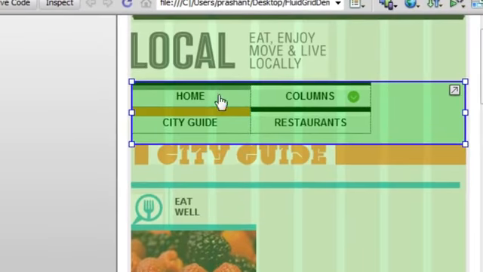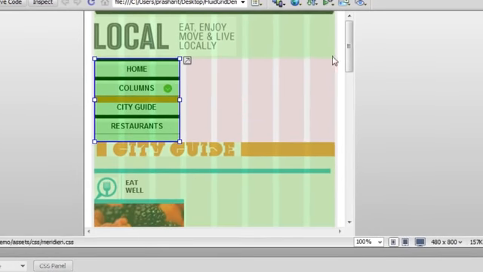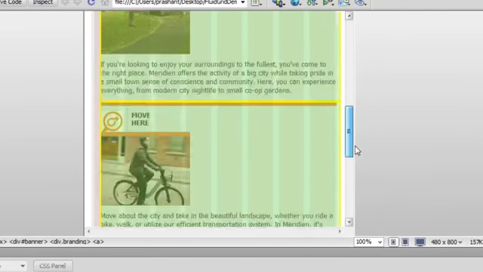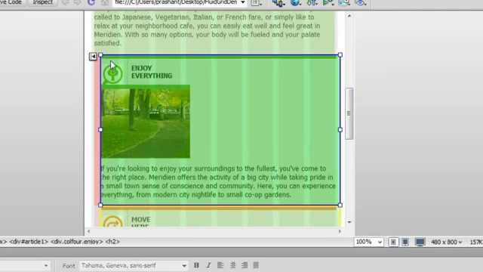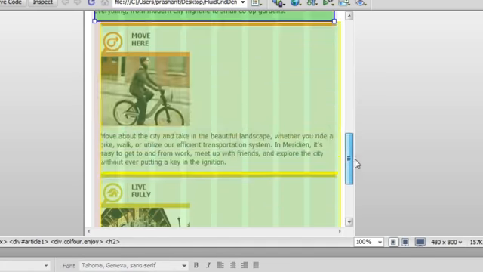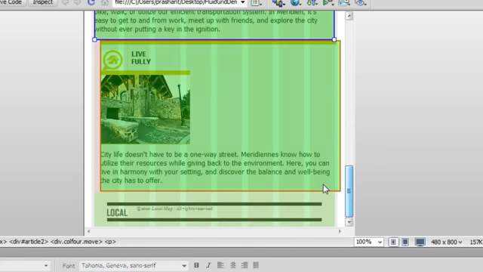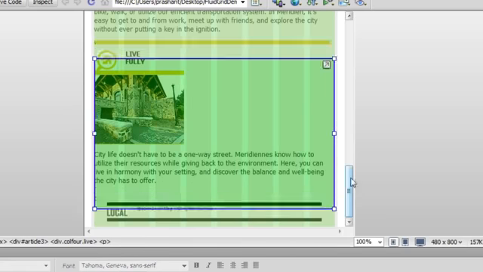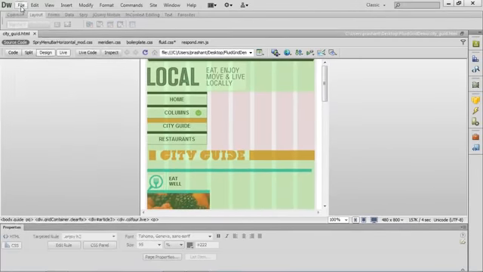I would want all these menus to be in the same column, so I'm going to reduce the size of these boxes in the handles, and I would want all the articles to be aligned to the left margin, so I'm going to use the new visual aid here, snap to the left margin, snap to the left margin, and that's it. We're done with customizing the mobile layout as well. So let's go ahead and save this.